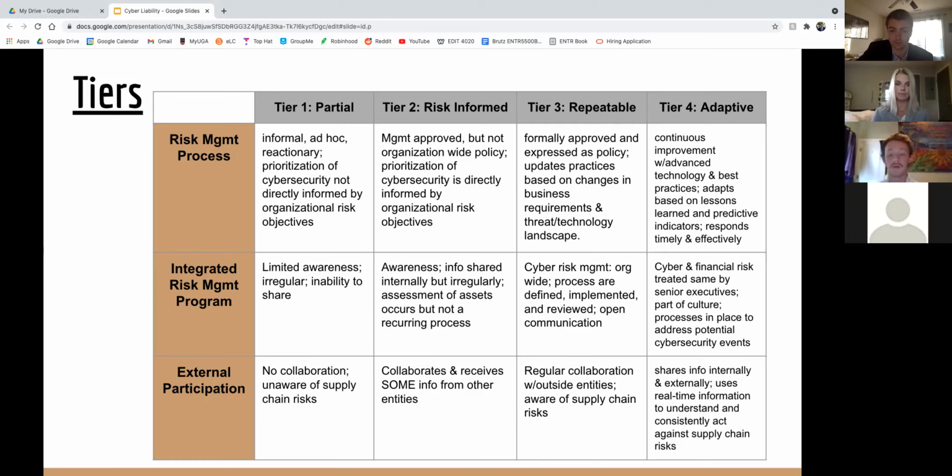Why might a Tier 1 be more attractive than Tier 3, you might ask? Well, me and my team have come up with a handful of thoughts and ideas on how this could be possible. First one that makes sense to us is that maybe a smaller company that uses less technology would be less likely to be attacked by a cyber attack.